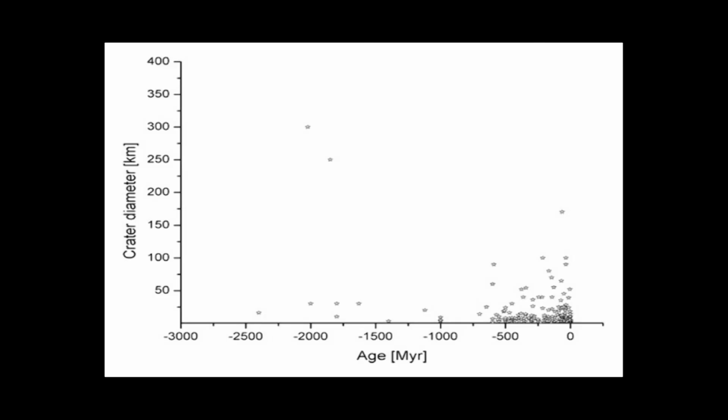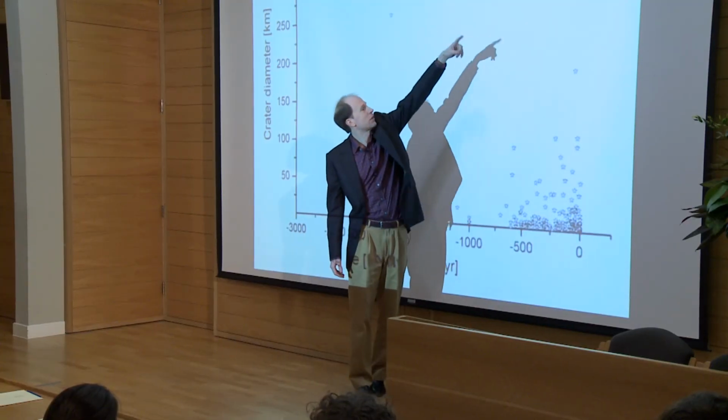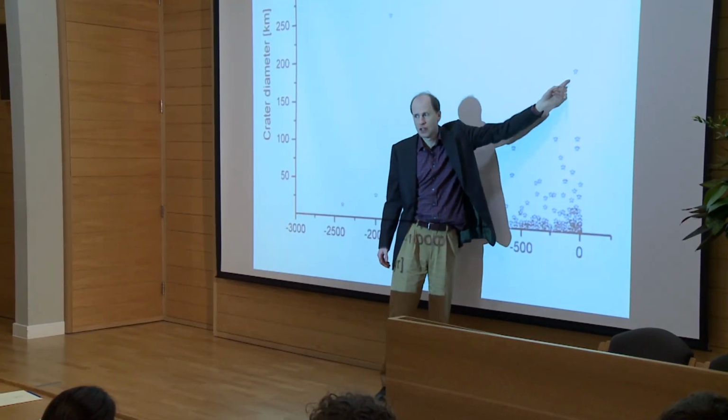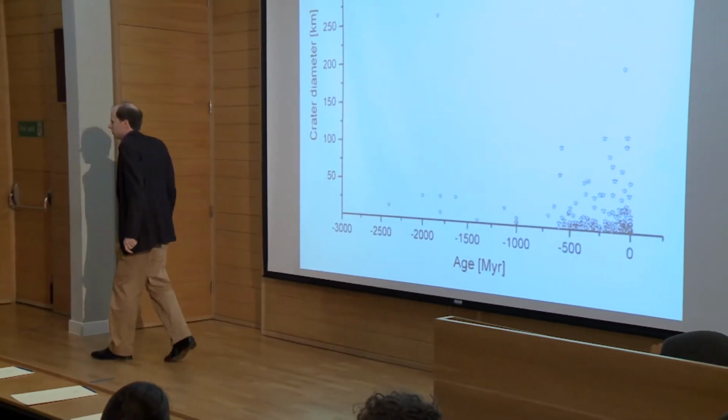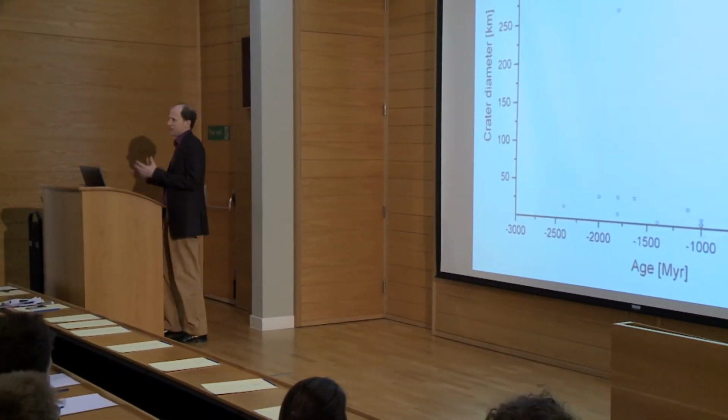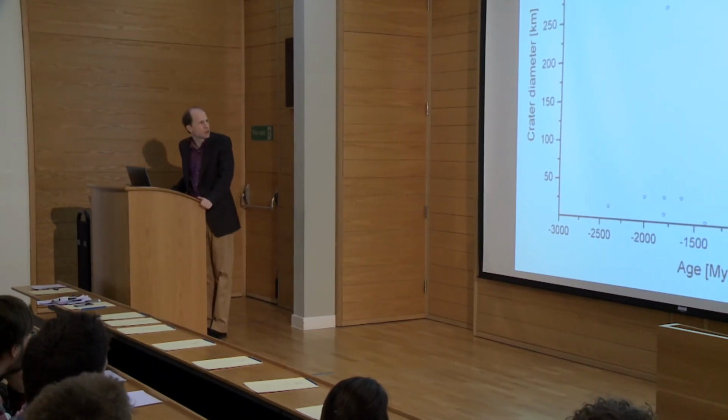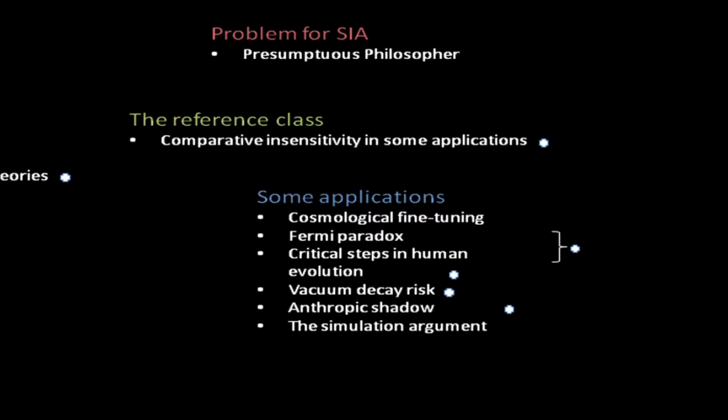Now, there could be other explanations for this, like maybe the population of impactors has just been depleted. But even if it weren't, we would still not expect to see anything up there. This one here is an outlier. That's just the one that killed the dinosaurs. That is a confirmed catastrophe, and that seems roughly to be the boundary. If it had happened more recently, we probably wouldn't be here, or if it had been much more severe, we probably wouldn't have been here.